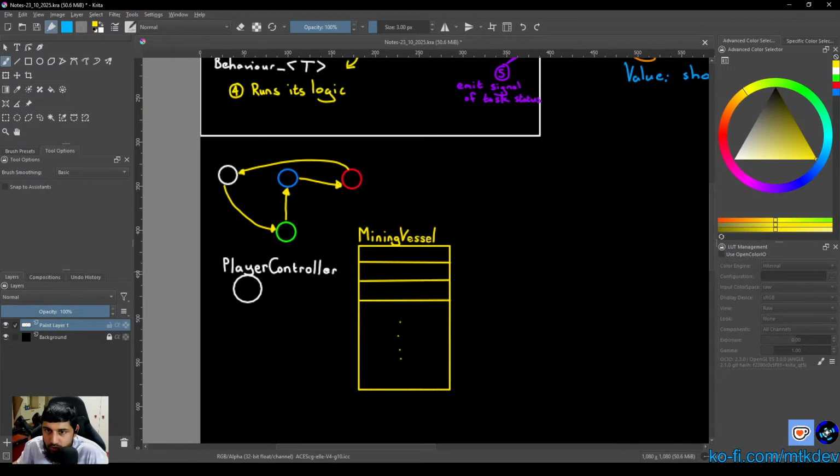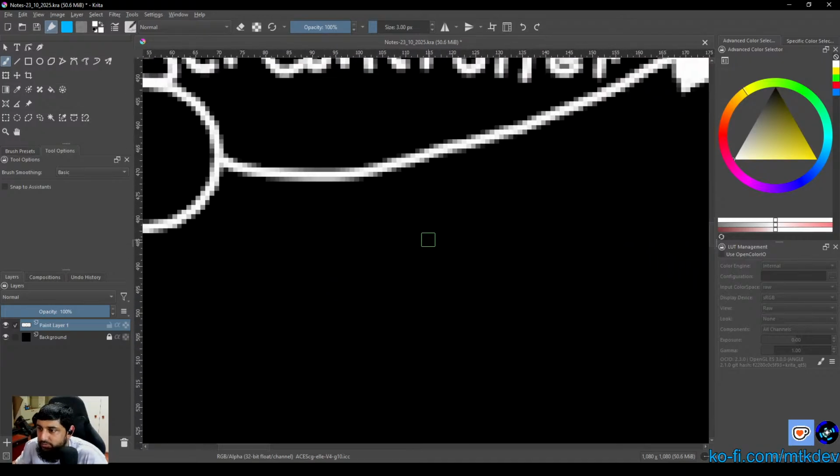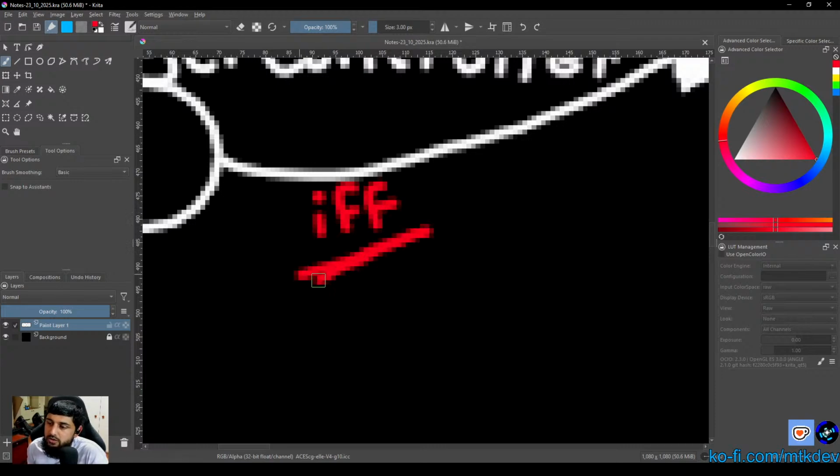And what we want to do is add to the mining vessel a player controller. Right? So we'll say add the player controller into the mining vessel like this. And we'll make a caveat. We'll say if and only if. And I'm sure you know that the if with two F's is shorthand for if and only if, right? So if we say if like this and only if,